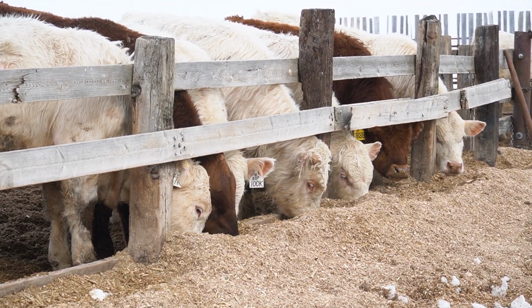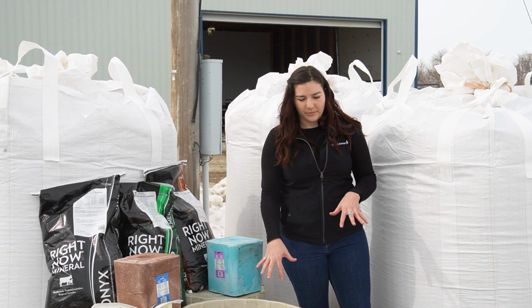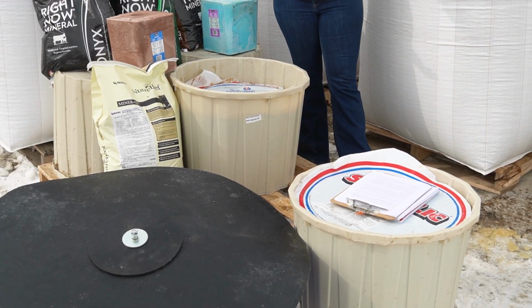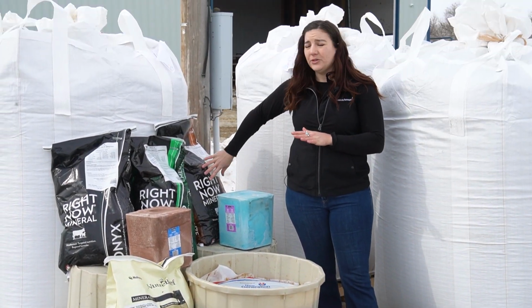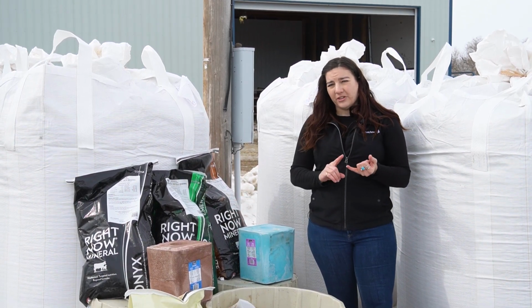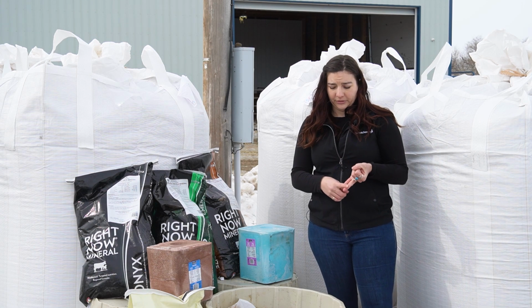So that's our chelated versus inorganic minerals, but what's the difference between loose and tubs? Well, once again, there are many pros and cons to both options, and there isn't one really good option that will check off every box on your list. Loose minerals are often the cheapest option. They're also a little bit more work. You have to make sure they don't get weatherized, and you're usually going to